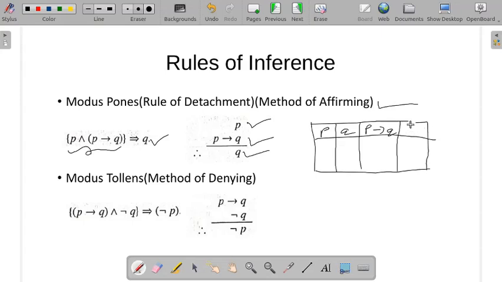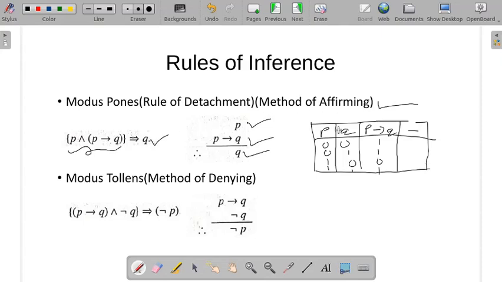So also P and P conditional Q here. So 0 0 0 1 1 0 1 1. So how will this route? So 1 1 0 1. So how does inference work? Means whenever left hand side is true, right hand side should be true. If left hand side is false, right hand side can be anything.